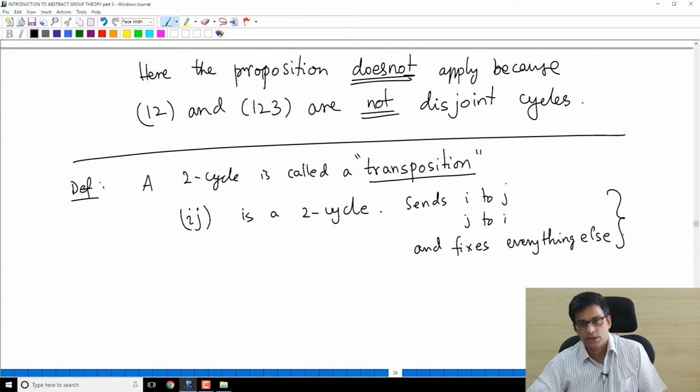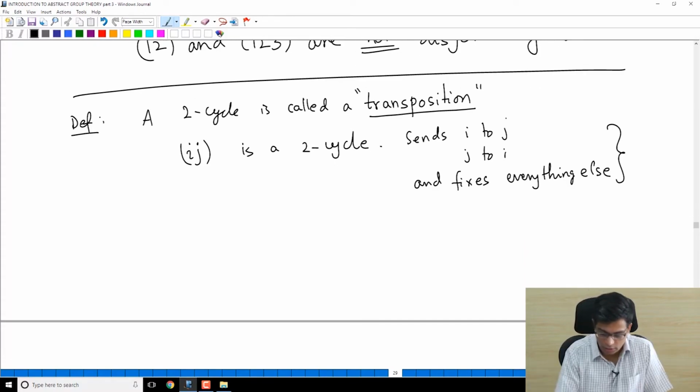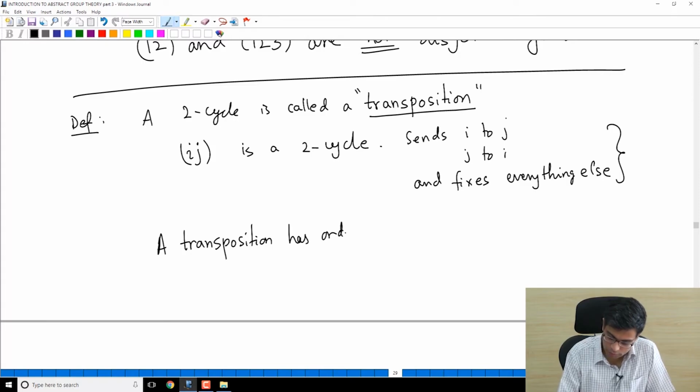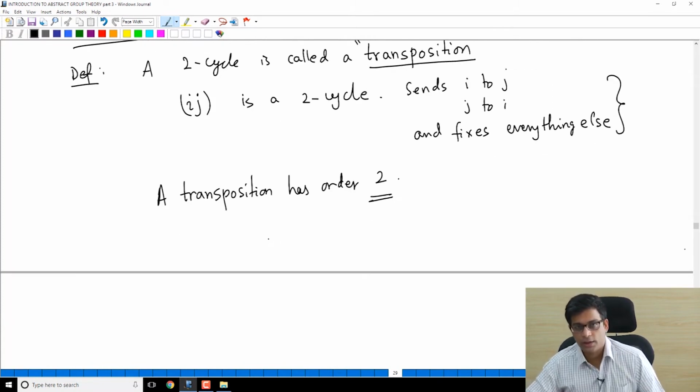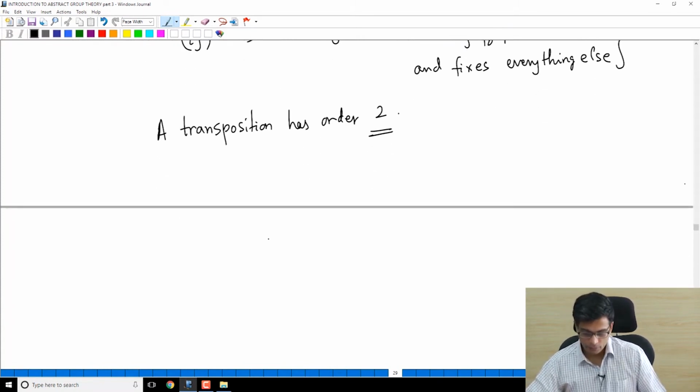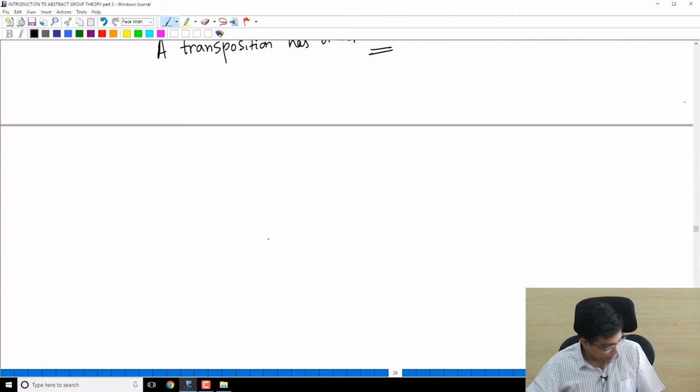So transpositions are easy to understand, and a transposition has order 2, because it's a 2 cycle. So 2 cycles have order 2. In general, k cycles have order k. Now let us see if we can write any element